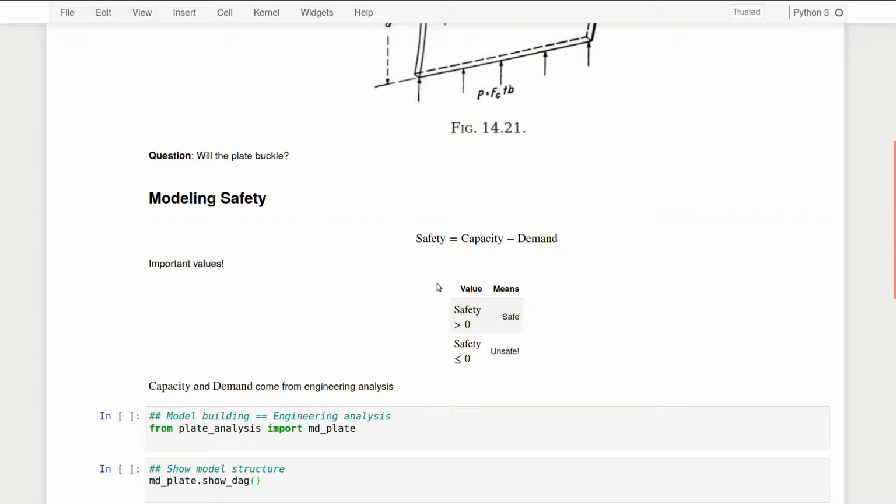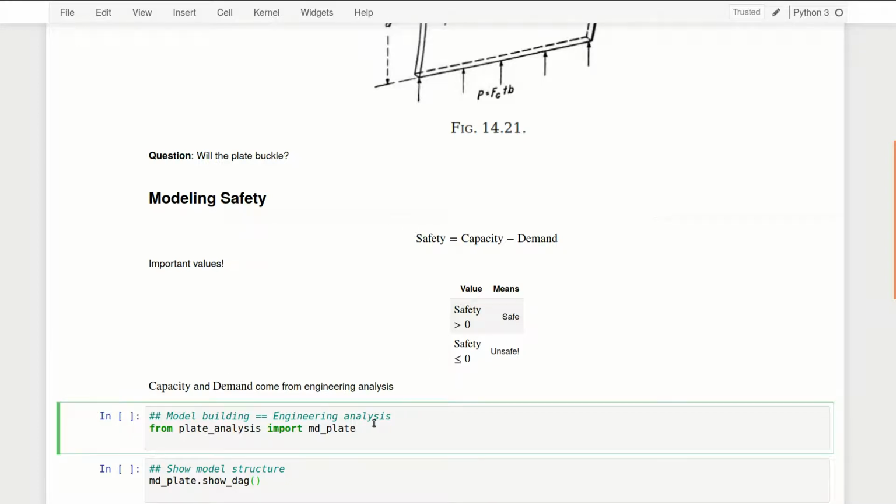There are two important cases to think about. When safety is greater than 0, it means this plate is safe. It does not buckle. But when safety is less than or equal to 0, it's unsafe. The plate will buckle. Now, capacity and demand both come from an engineering analysis, which is something you would learn